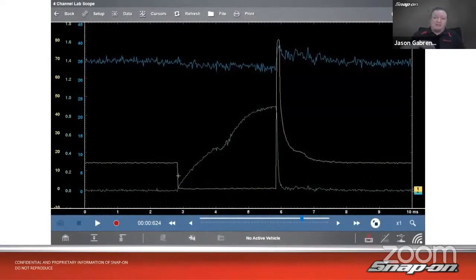This allows us to see the mechanical operation of the fuel injector as it opens and closes, because a standard gasoline fuel injector is basically a solenoid, right? It's going to have an electromagnet in there that pulls a pintle up off a seat and allows it to open and spray fuel. So we see this is a pattern that has voltage from the circuit. So that's the injector driver. Line voltage comes in, pulls it down to ground to open it, and then when it closes, we see a